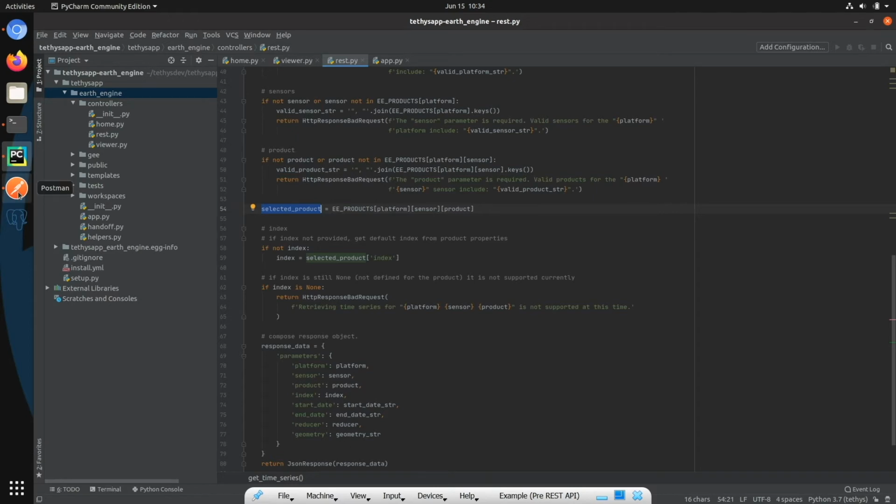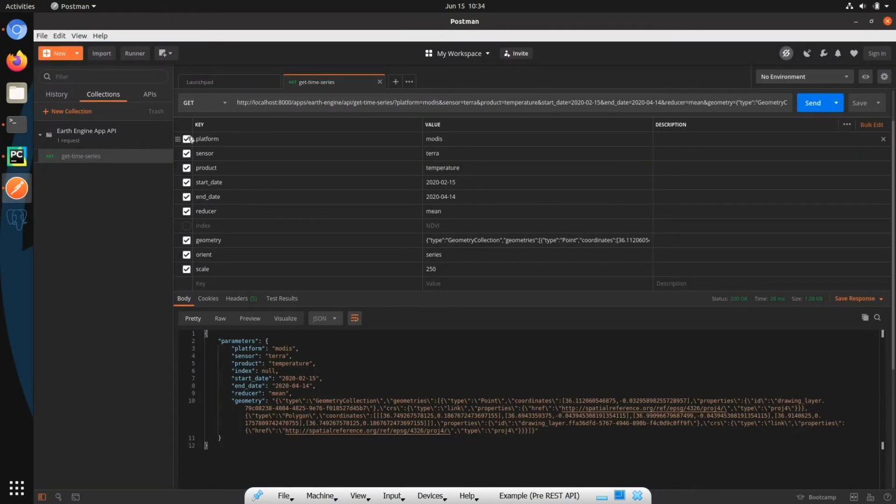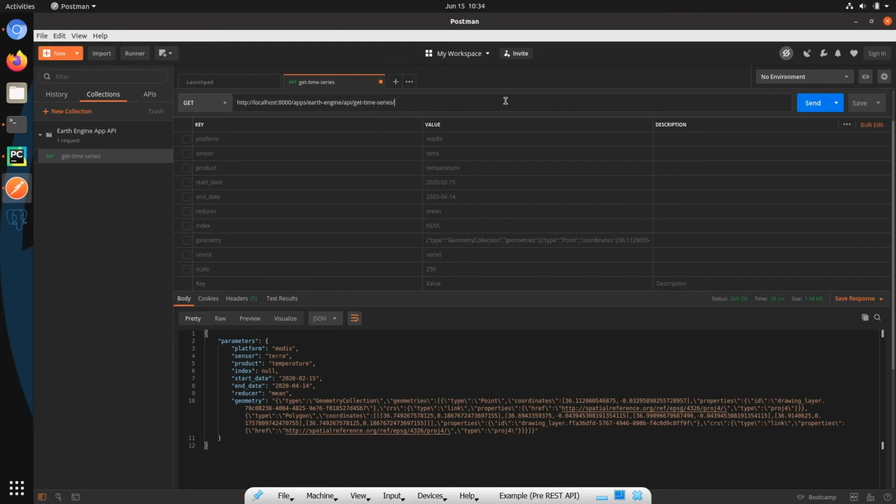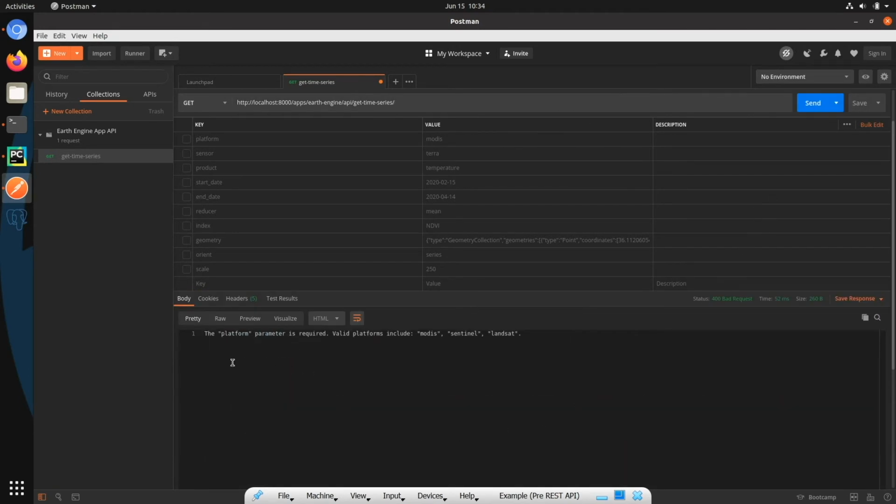To test this, go back to Postman and uncheck everything so that we're not sending any query parameters to our request, and press send. Now instead of seeing the data dictionary, we get this message: the platform parameter is required. Valid platforms include MODIS, Sentinel, and Landsat. If we look up here, we can see that the status returned as 400 bad request, which is the appropriate